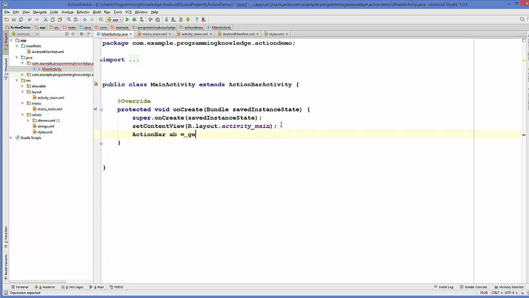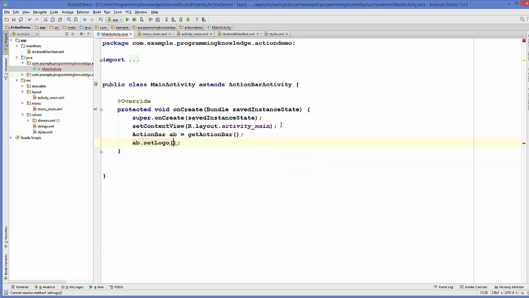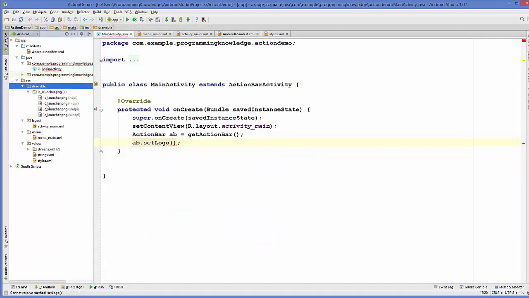So just write getActionBar, and then from this action bar we can select a logo for our application. So just write ab.setLogo,